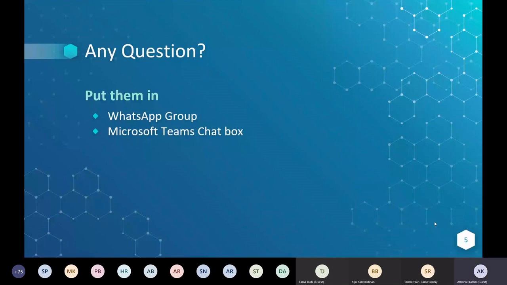Which logo do you mean? Sorry, which, sorry, Atharva. Mihir, can you just unmute yourself and ask the question? Yeah, that will be okay, because we see the difficulty of not understanding the question.